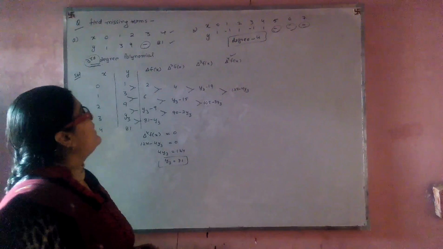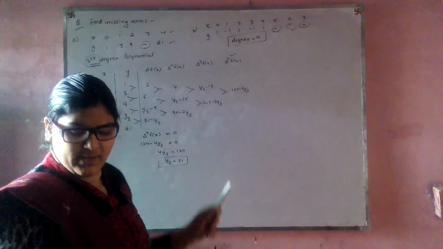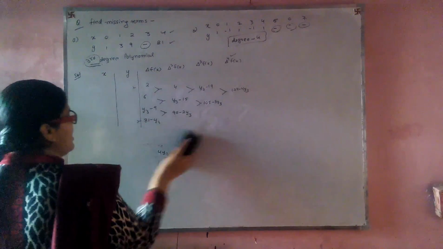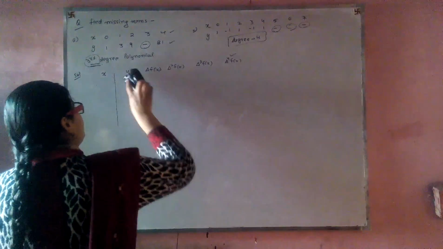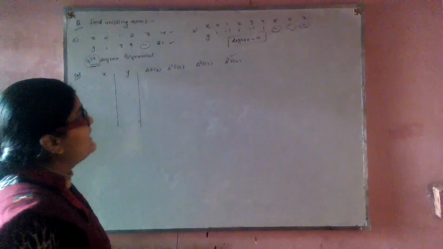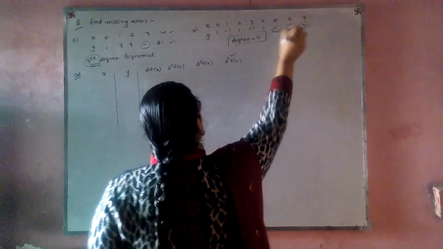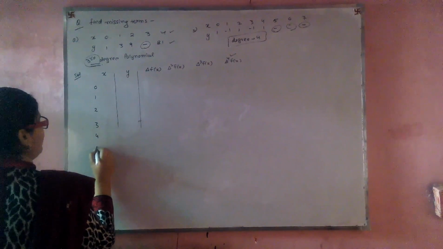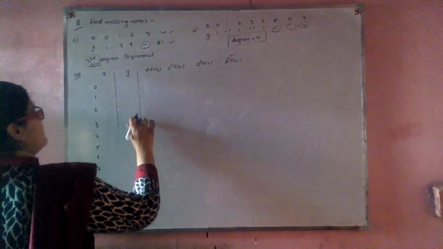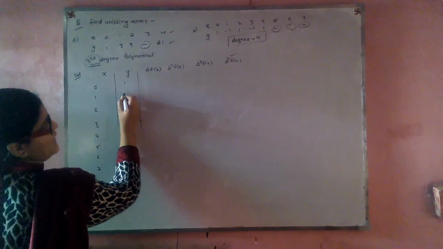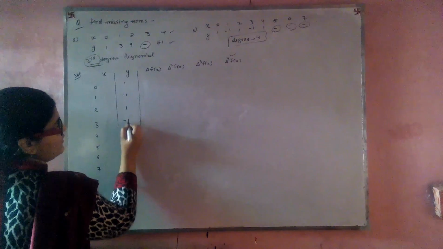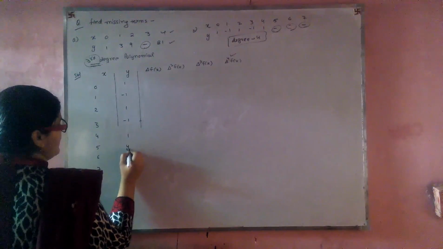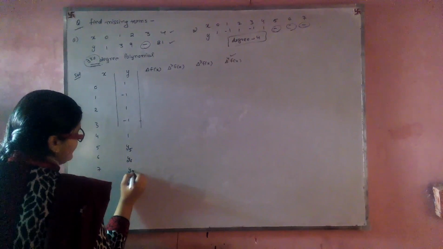This is how we can calculate only a single missing term. But our next question is for finding out 3 missing terms. I will proceed then. Let us go to our next question. Now the arguments are 0, 1, 2, 3, 4, 5, 6, 7. The values for y are 1, minus 1, 1, minus 1, 1. Then the 5th, 6th and 7th values have not been given to us. So these are supposed to be y5, y6 and y7.